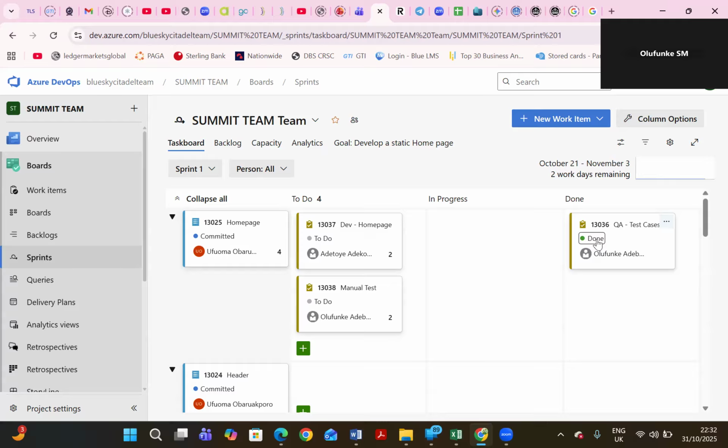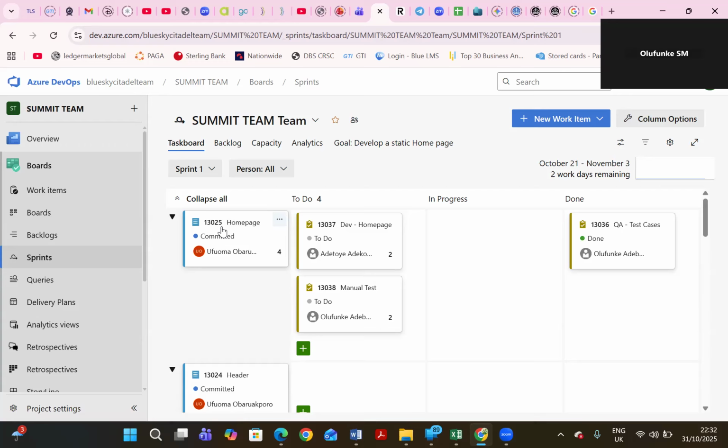Any other question before we go on the dashboard? Another one was when they are doing the voting, they are voting for days, not for hours. Okay, so when they are voting on the main board, on the stories, you know the stories where you have in the first column here, the 13025, on the main board, that's the one they vote for